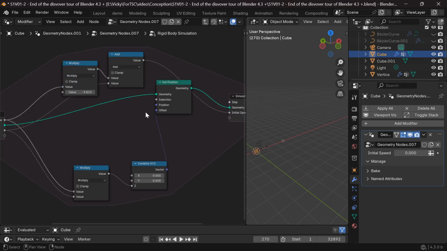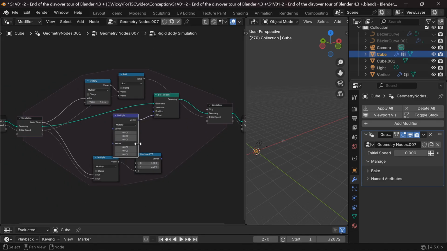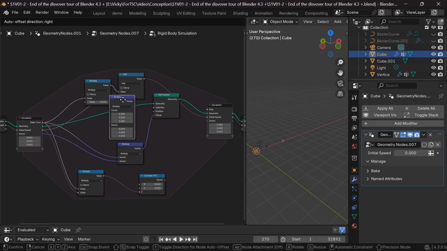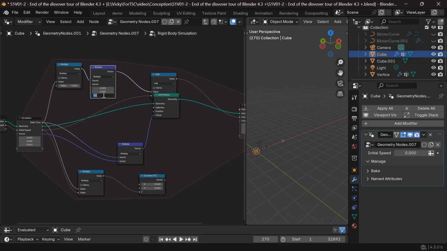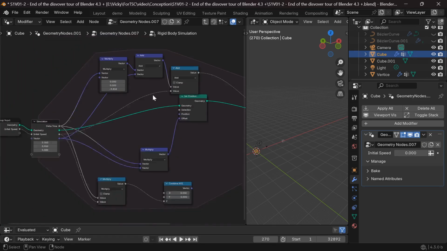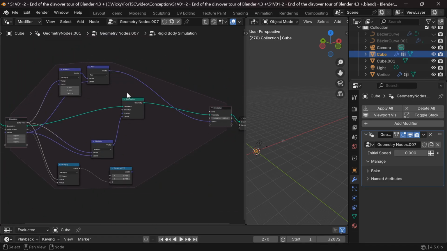Now we move to the repeat zone. But before that, we will finish the transformation of our simulation node to use vector instead of float. The first thing we have to do is remove the combine node. In fact, we can directly multiply the delta time with the speed in each direction. Indeed, the time applies on each axis.